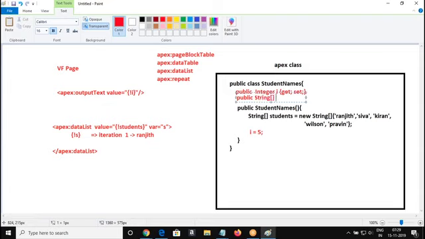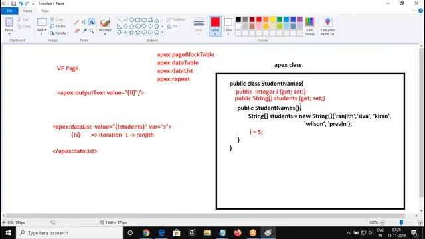String, open and close bracket, students, get set. You have to declare it like this, and then a separate declaration is not required. That's it. You should understand this.